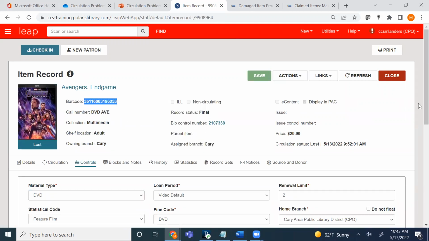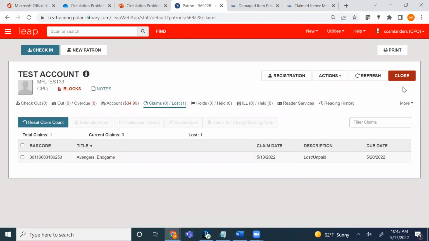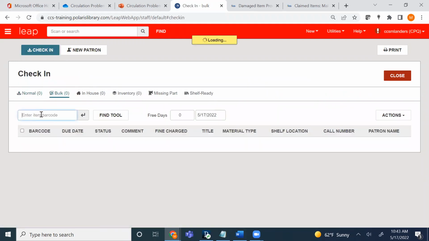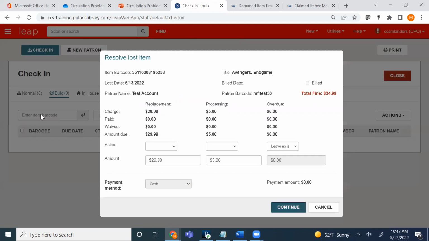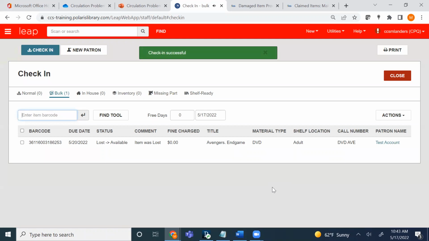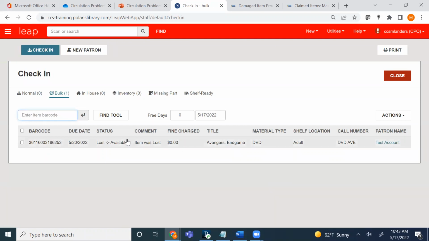There's several ways you can do this. If you work with Leap, you know that there are many different ways that you can access a record number. So let me check the item in. If the item is eligible to fill holds, again, you'll need to review those pop-ups. And you may also need to waive lost fees while you're searching for the item, again, depending on your local workflows and procedures. So now that we've checked the item in, the status of the item is now available,